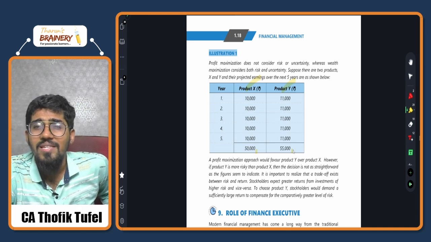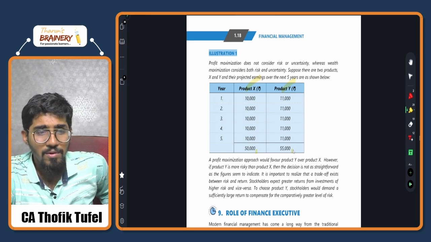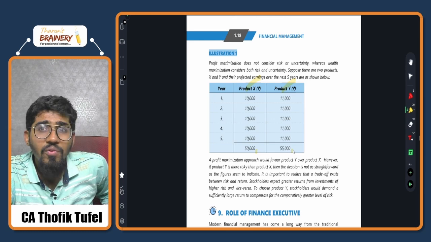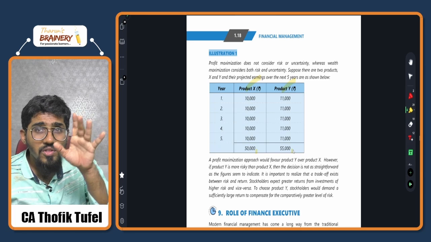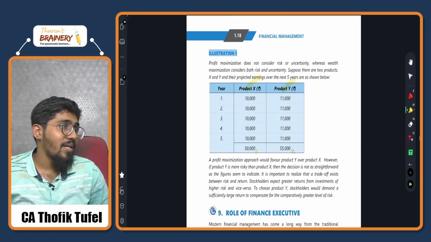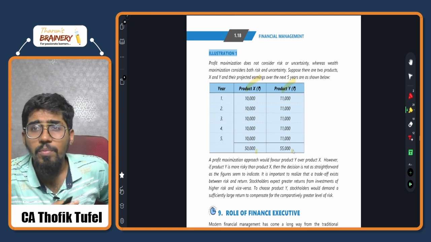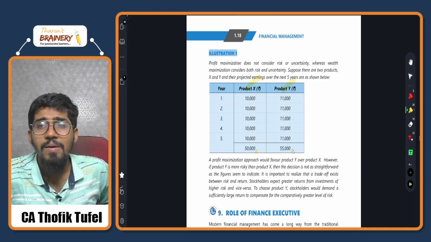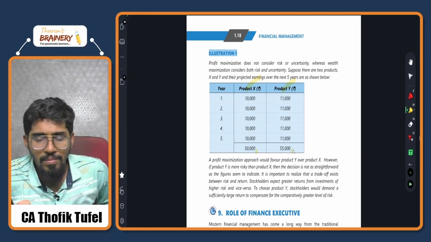Now the next question is whether wealth is maximized or not. Suppose you are doing the business of drugs. Tomorrow the government raids you, and if you come into the newspaper, your share price will come down. Now if your share price is coming down, your wealth is also coming down. So that is the reason there is a risk. You're not going to take that decision, correct? So your decision is changing on the basis of the objective that you're following. So profit should also be taken care of, and wealth should also be taken care of. So decisions we have to take on the basis of wealth maximization majorly. The major focus should be wealth maximization.